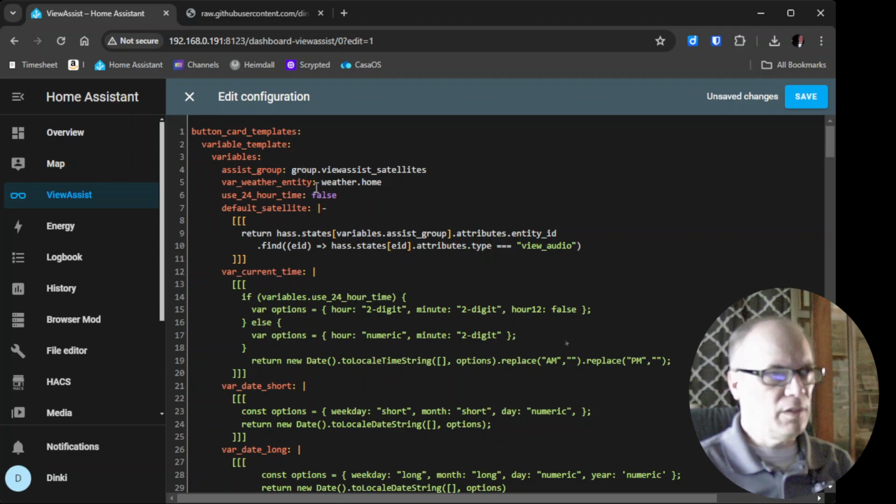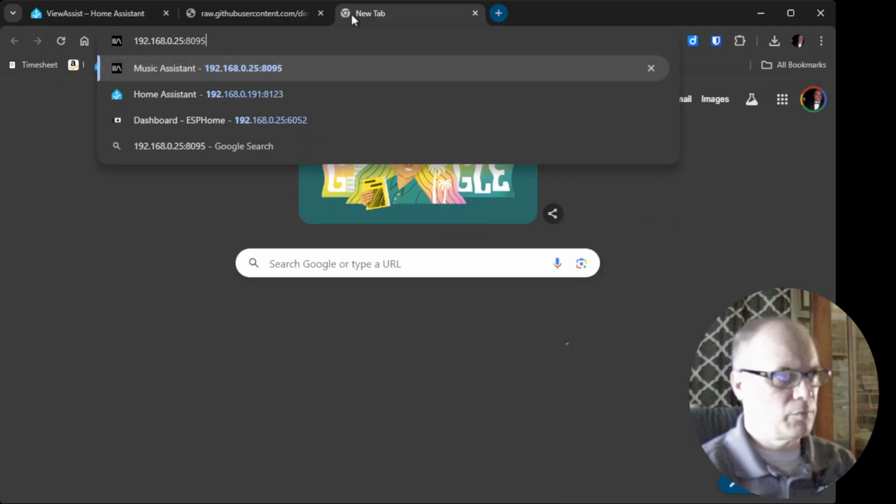By default, you will need to set up three of these variables: the assist group, which you've created, your weather entity, and whether you want to use 24-hour time or not. I use 12-hour time, AM, PM, so mine is set to false, but if you wanted 24-hour time, you would just change this text to true. So we'll change these two values to what you've used. The easiest way for me to find that, and probably for you, is to look in the developer options. So I'll open another instance of this same Home Assistant,